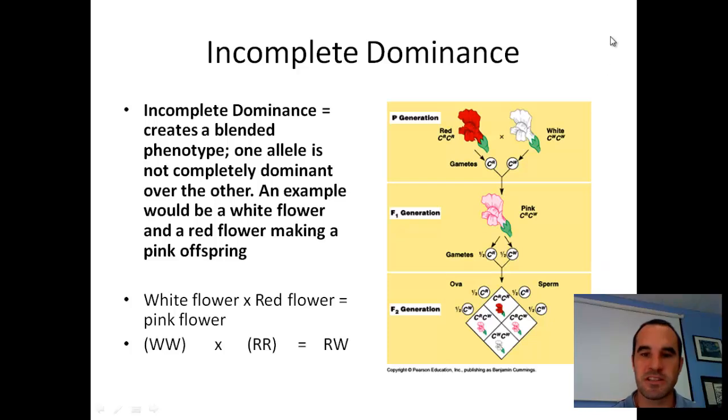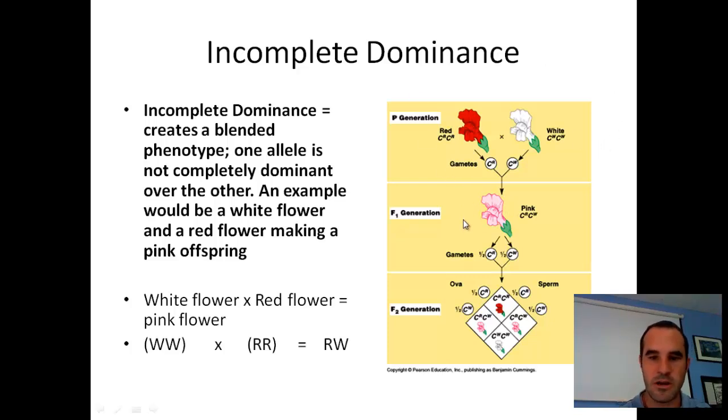Right. The first example would be incomplete dominance. So before in your life, you've seen white flowers, you've seen red flowers. You may have even grown white flowers before and put dye in there and had them turn to red flowers. What we're going to talk about is what happens if you took that red flower and you crossed it with a white flower. So there's some cases where there would be incomplete dominance,